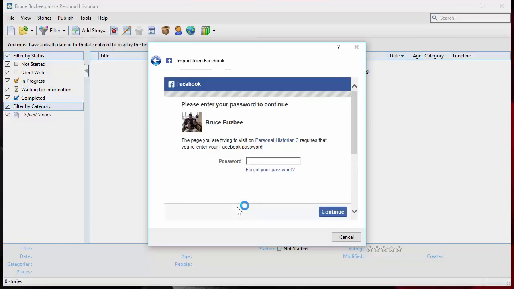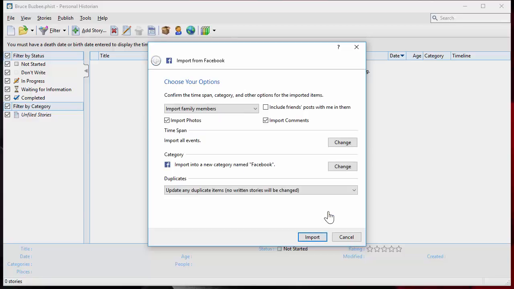Now, at this point, I'm logging in directly to Facebook. So when you're typing your login password information here, you're not typing it into Personal Historian. This is actually a browser window, and you're actually logging in directly to Facebook. So we don't have access to your password. We don't save it. We don't do any of that. So I'm going to enter my password and click the Continue button there,